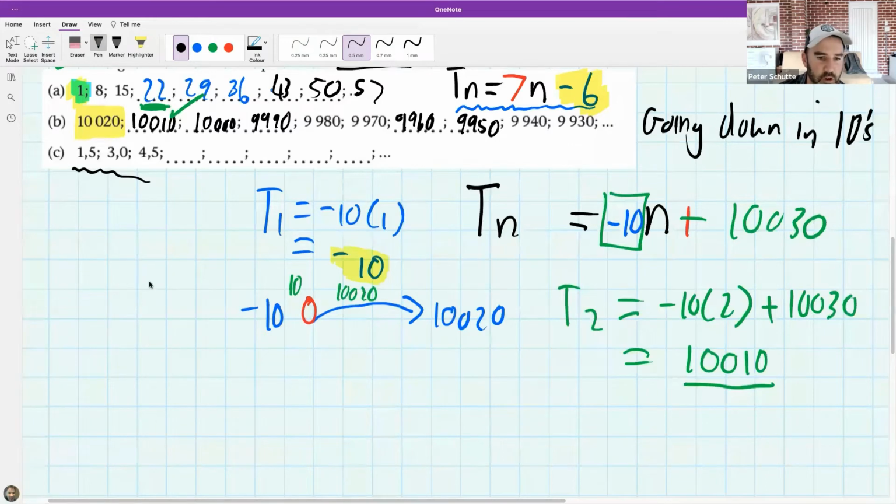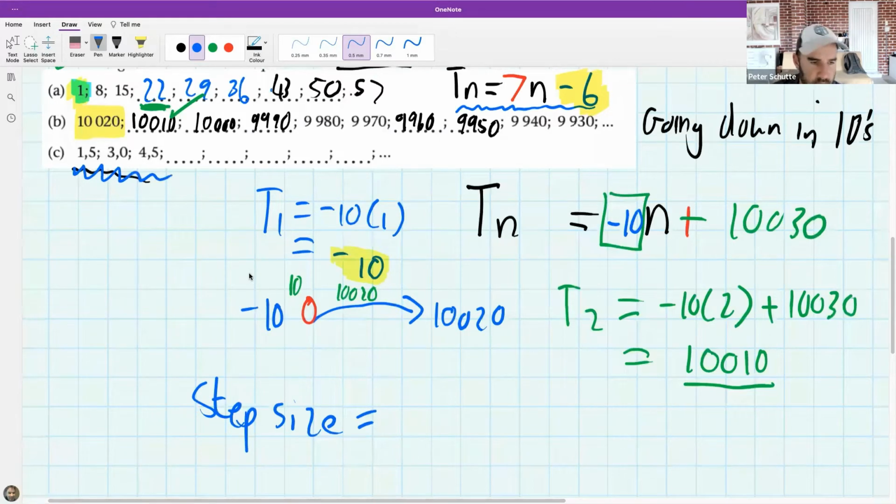And I want to start with, what is the step size in C? Let's start by breaking it down. What is the step size in C? How much is this going up or down by? Okay. So it is indeed going up by 1.5. Yeah, 1.5. So if I'm building a formula based on what else I've done today, I should get